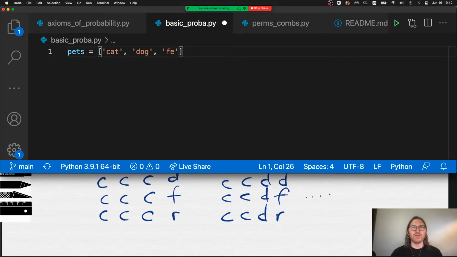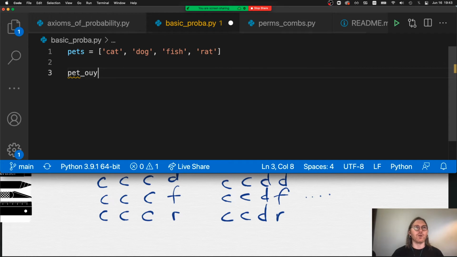Ferret. Is that what I did? Yeah, right? Fish, not ferret. Fish and rat. Okay. So we can start with that. Here's our set. We're going to have it be explicitly ordered just for our purposes here, and let us construct all the outcomes of this. So pet outcomes,